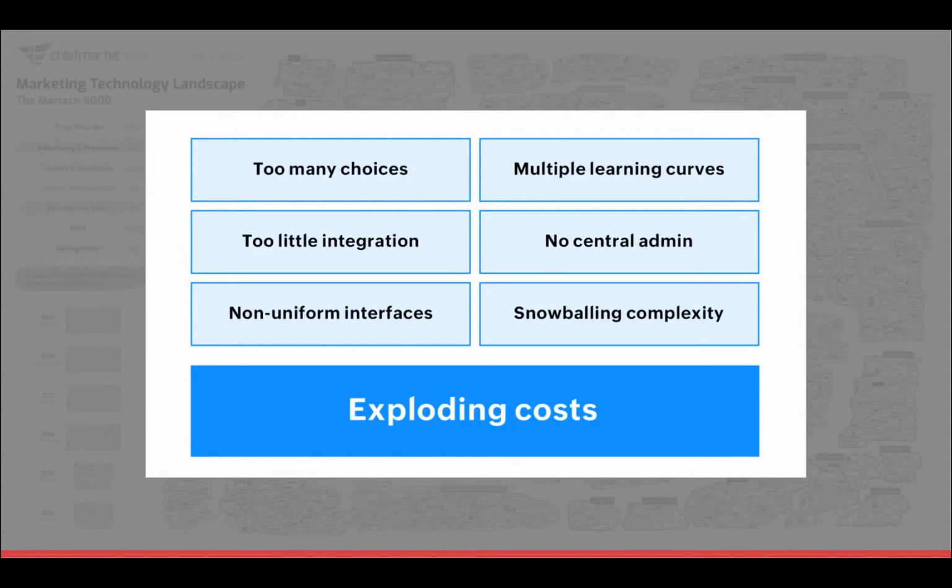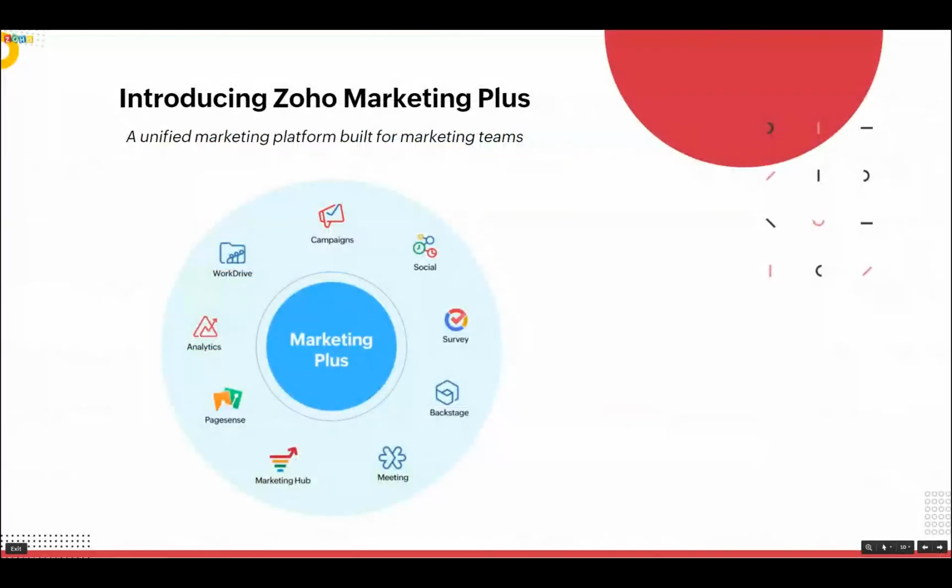Now, this gives rise to the need for a unified marketing platform. A unified marketing platform is nothing but one that would let you manage all the marketing activities on a single platform. Here's where Zoho Marketing Plus comes into the picture. It is a unified marketing platform that's specifically designed for marketing teams to manage their marketing efforts.